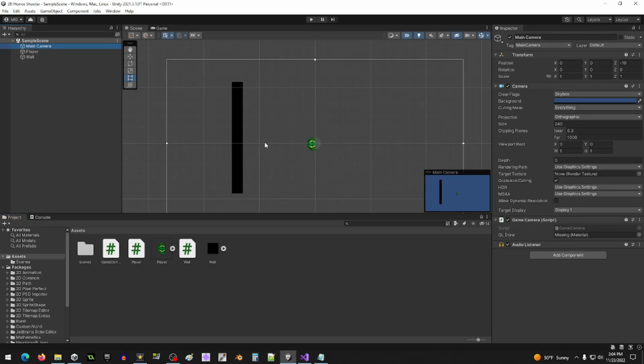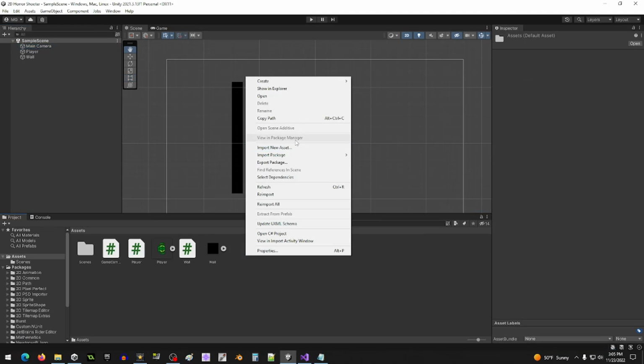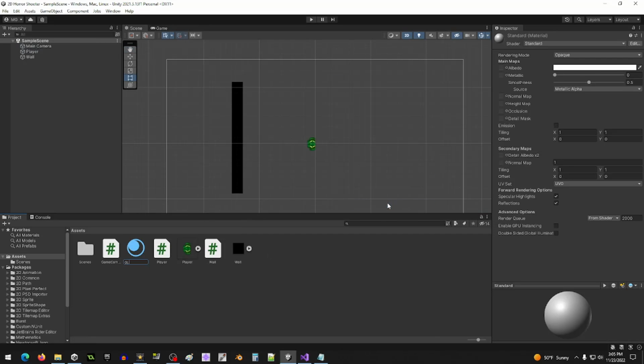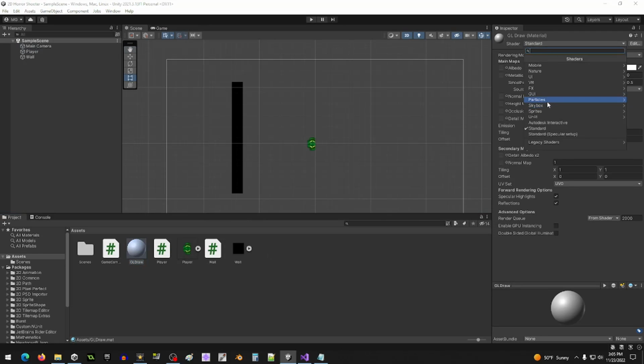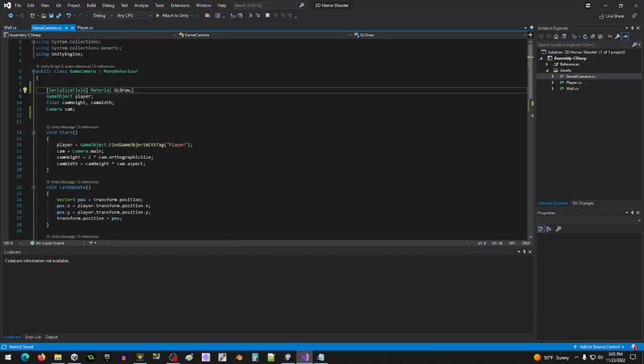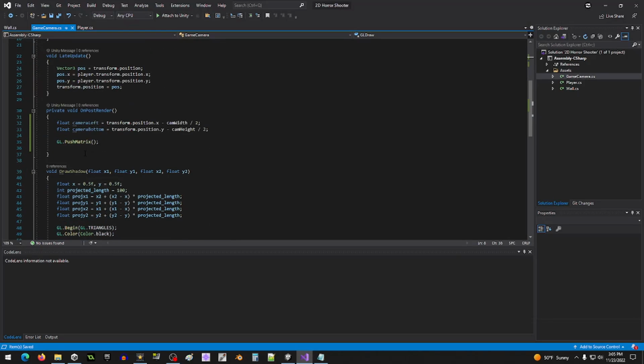And we click on our camera. Here we have a GL draw, and there's no material. So what we'll do is we will create a new material, call this GL draw. And for the shader, we're going to be using the sprite's default shader. And we'll go to our camera and we'll just drag our GL draw into our GL draw slot. And let's go back to Unity and go back down to our post render, and we'll just say GL draw